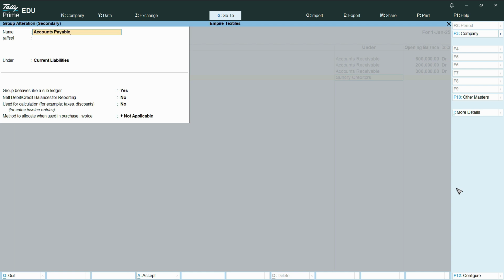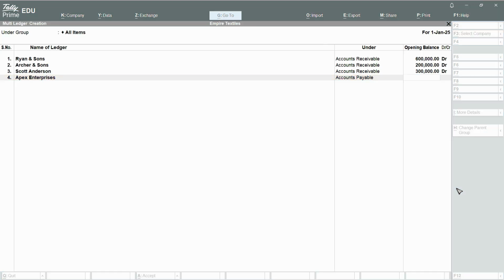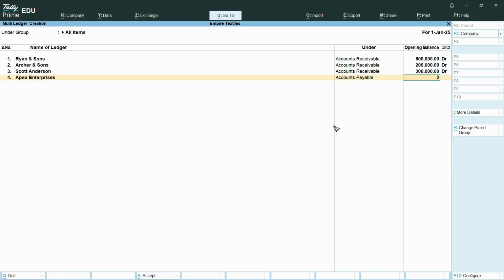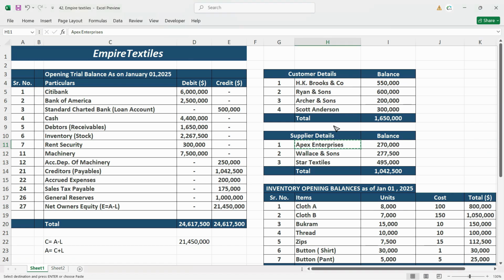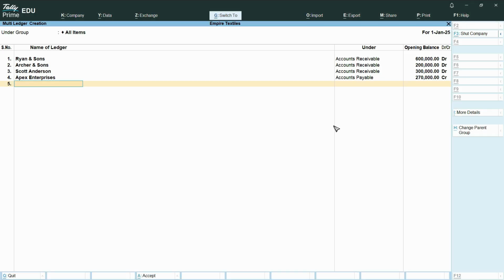accounts payable. Don't need to change anything, just press Control A. This is a simple setting. And 270,000 is the balance on the credit side. Do you want the bill wise breakup? No. Next is Wallace and Sons. Just paste this. It goes in accounts payable